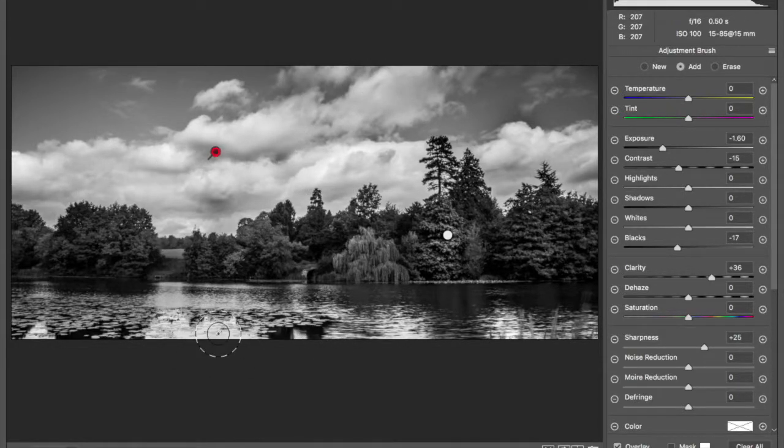There's a bit too much light down here in my foreground that's distracting me. So I'm going to just paint in a bit of darkness in there, so I'm not paying attention to it. And then I'm going to do another brush because I've got a focus point, which is the bridge, but you can't really see my bridge. So I'm going to do another new brush, and this time I'm going to lighten up where the bridge is,